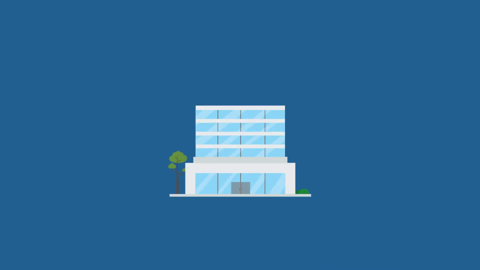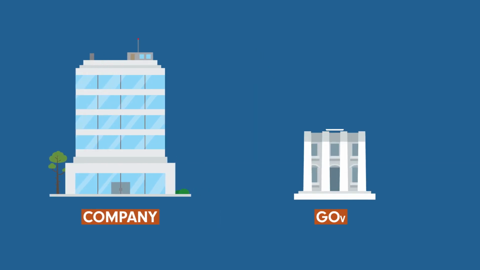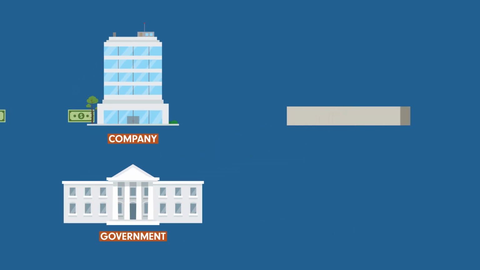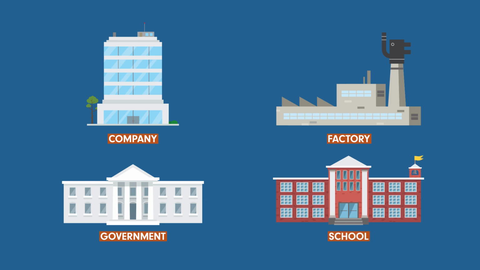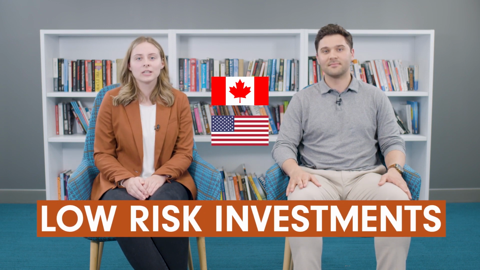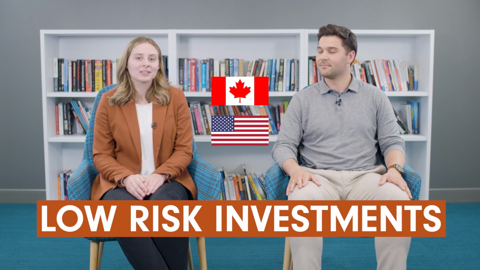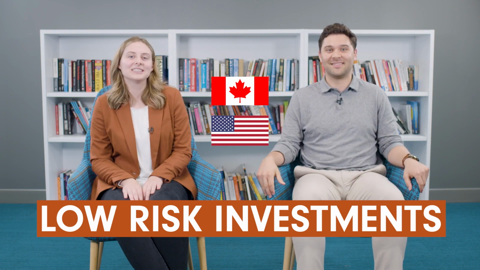It's important to remember that unlike stocks, which are solely issued by companies, bonds are issued by both companies and governments looking to borrow money from investors for various reasons. For example, a company may need money to build a new factory, and a government may need money to build a school. Bonds issued by federal governments in developed countries, like Canada and the US, are generally considered low-risk investments because they're backed by the full faith of the issuing government. These bonds are considered to be among the safest in the world. Really safe. Anyways, this is because these governments are so likely to make the payments they owe on time.